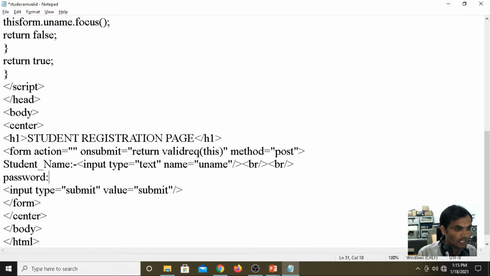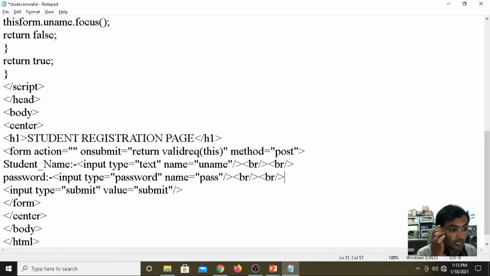For the password, input type equals password, and name equals pass. Now we have created one more label, password.